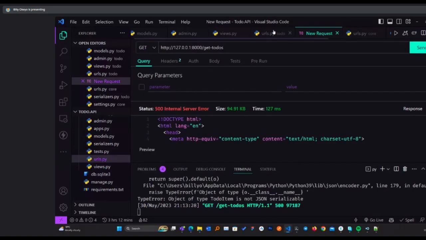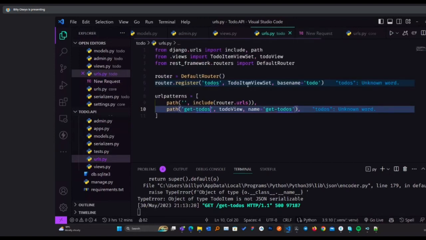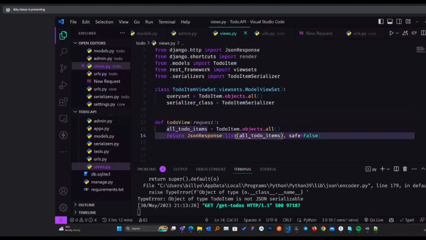It's saying todo_items is some variable. So what I'll do is, to-do items, I'll say JsonResponse, or probably just have a response.